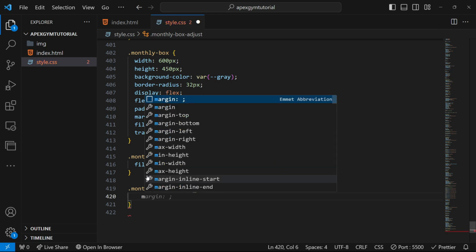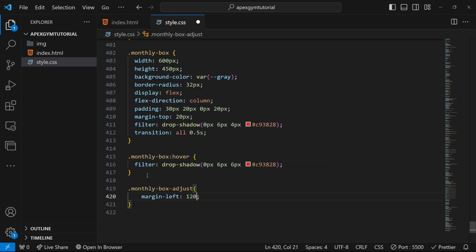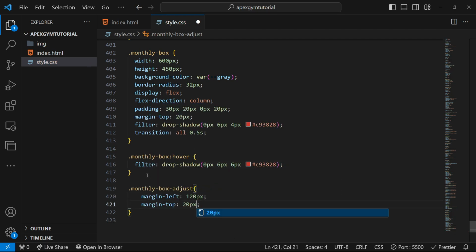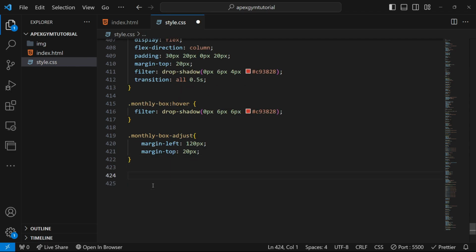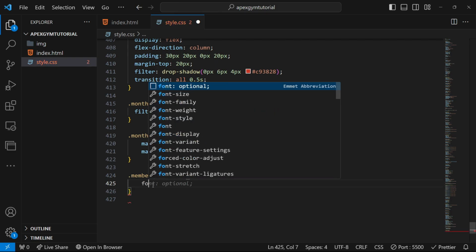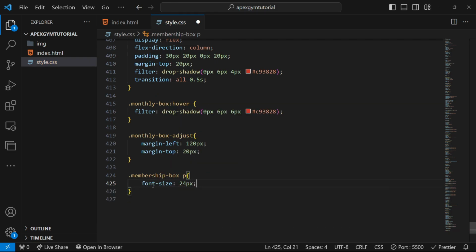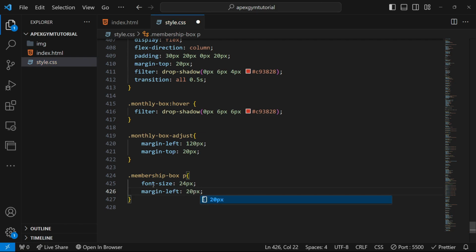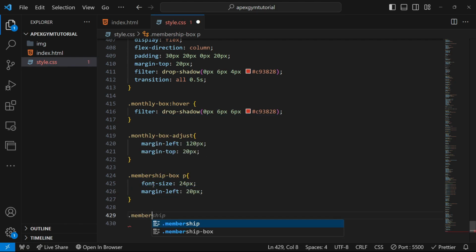We'll have a margin left of 100 pixels, a margin top of 20 pixels, and inside the membership box B, let's have a font size of 24 pixels and a margin left of 20 pixels, and also the membership